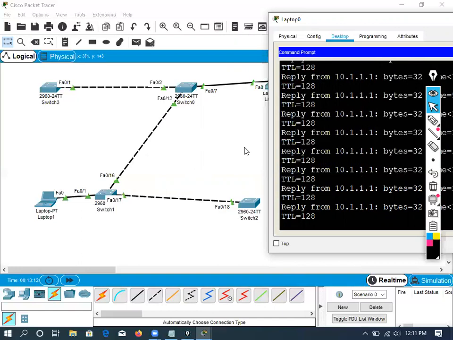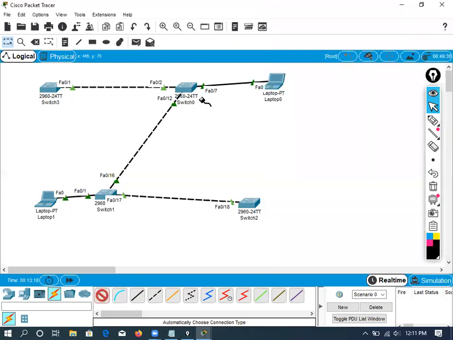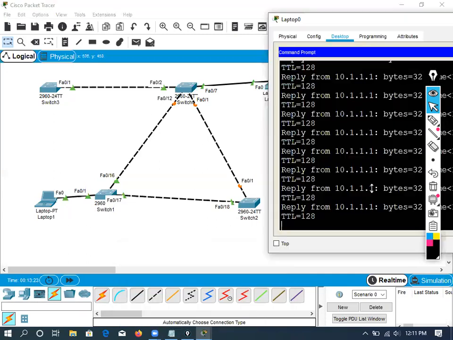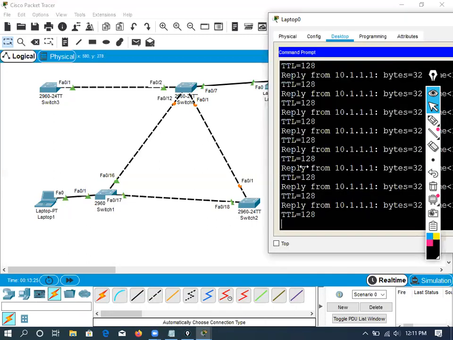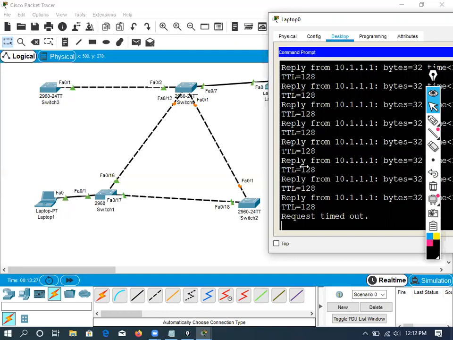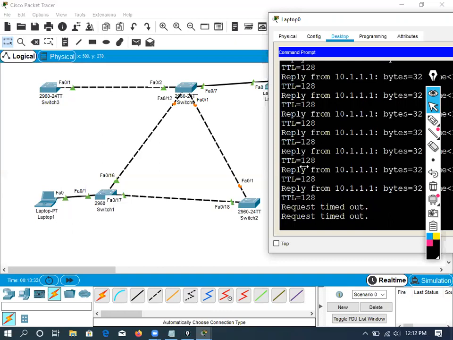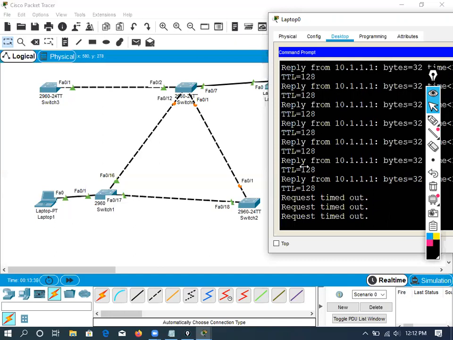Now the link came up because we lost the connectivity for a minimum of 30 seconds here. Right? Now once I connect the cable back, again the same thing happens. Again, it found a loop, and again it will try to elect. It takes a minimum of 30 seconds again.